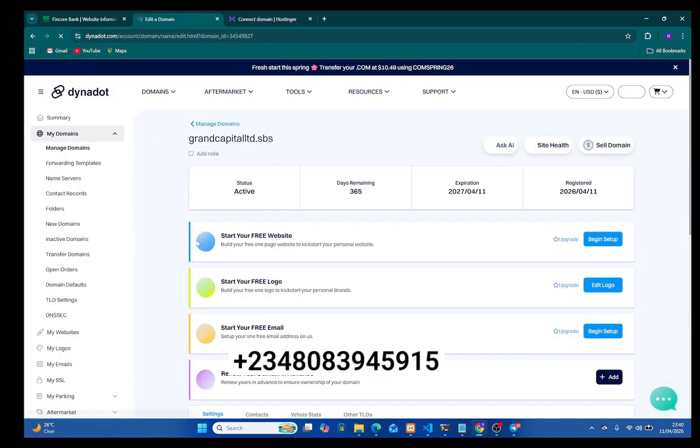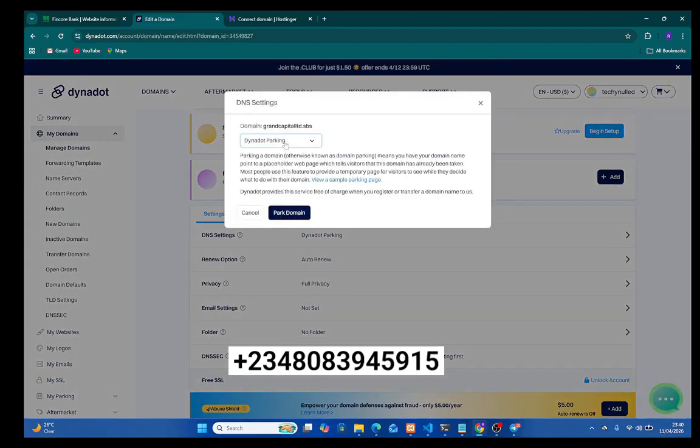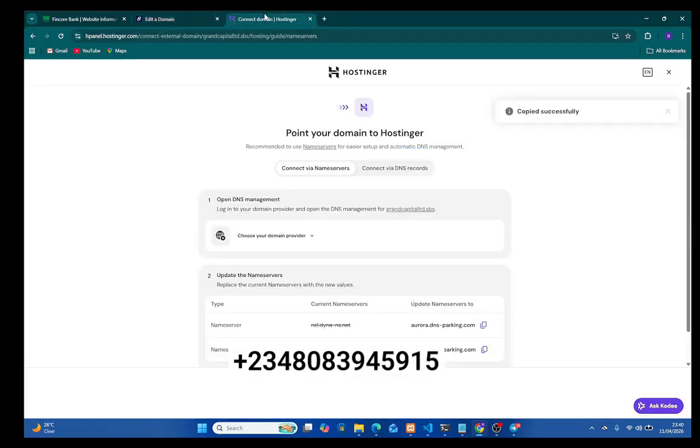Click on it like this. Scroll down and click on this place. You see DNS settings. Click on the arrow, then select name server. You come to this place, you see the analog, select name server, then put the first name server here, then